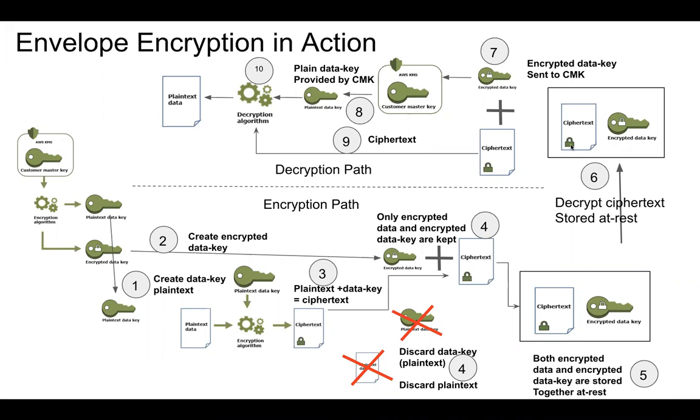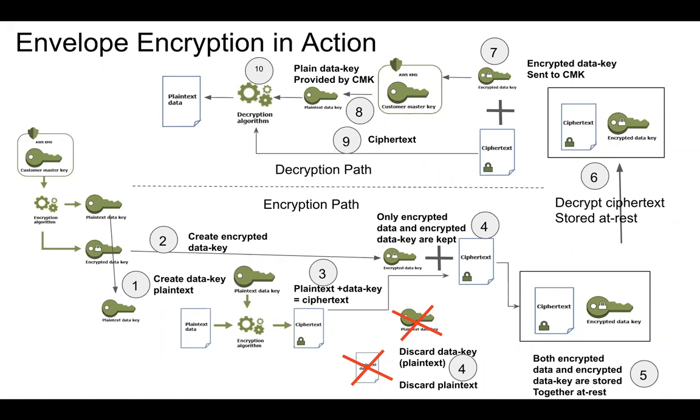who wants to have access to this data that you want to securely communicate. So when you do that, they're going to get both of these. They will just take only the encrypted data key and approach the AWS KMS, provide that encrypted data key, and they get the equivalent plain version of the data key. The receiver uses that along with the ciphertext to get the plain text data. Okay, any